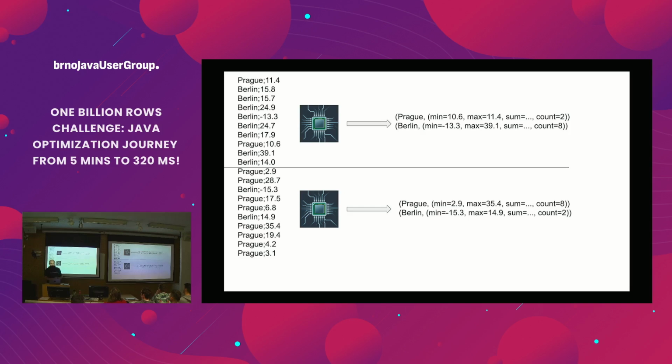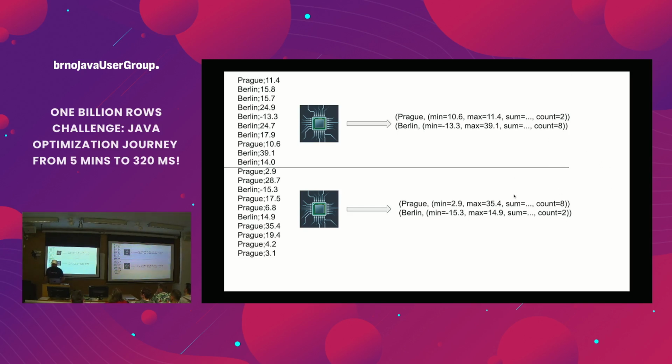So it's almost embarrassingly parallel, right? I have this one file. Let's imagine I have just 2 CPUs for the sake of simplicity. And let's imagine the file looks like this. I can split it in half, and one CPU will aggregate or pre-aggregate, or reduce, if you will, the first half of the file. This will be the output. So for each city, here is just Prague and Berlin for no particular reason, and this will be the output. And the second core will do the same, and then I will do another aggregation step.